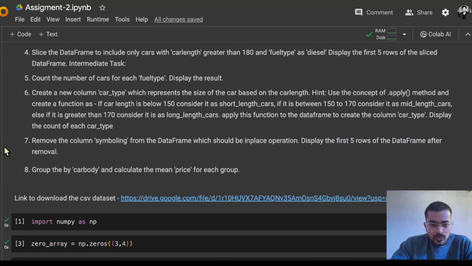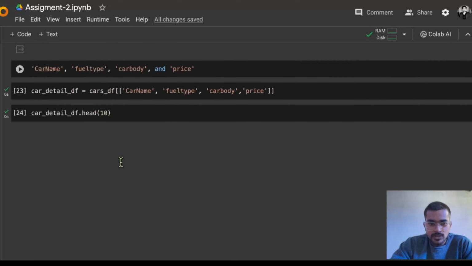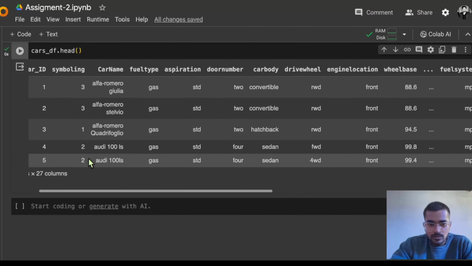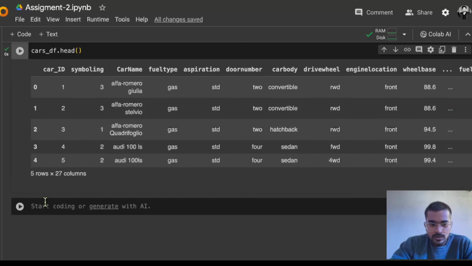Next, the 7th question is: remove the column symboling from the data frame, which should be an in-place operation, and display the first 5 rows of the data frame. So you have to just remove one row. So how can you remove one row? Sorry, not row, one column. So you can just use drop. So cars_df